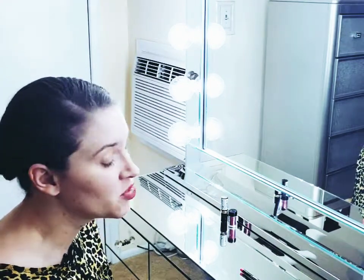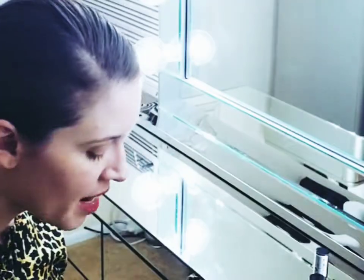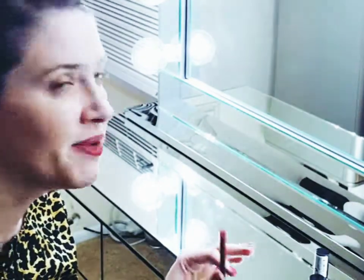So this is what I look like on a typical day. I don't wear a lot of makeup. When I do my show makeup, I like to go big. I go theatrical. I kind of go a little bit clown, and you're gonna see that today as I put on my lipstick. Today I'm gonna be doing it with this beautiful pink color, and I chose this because very